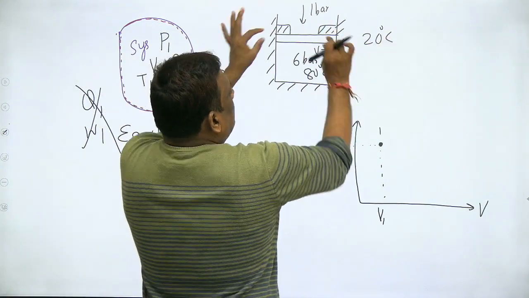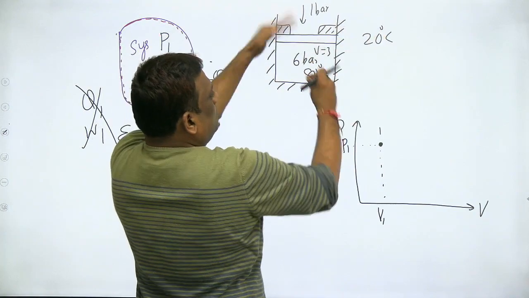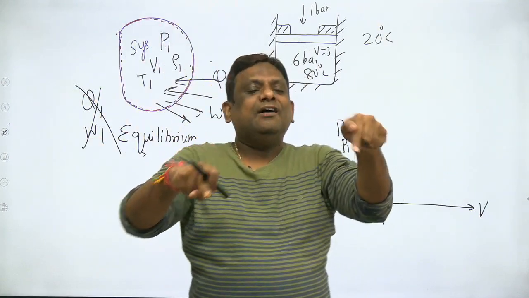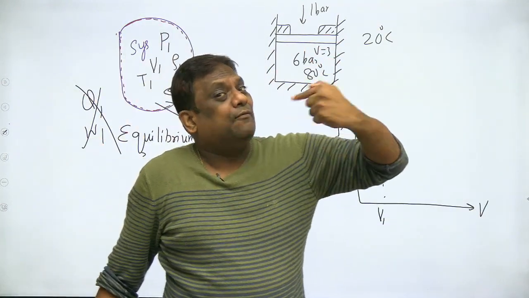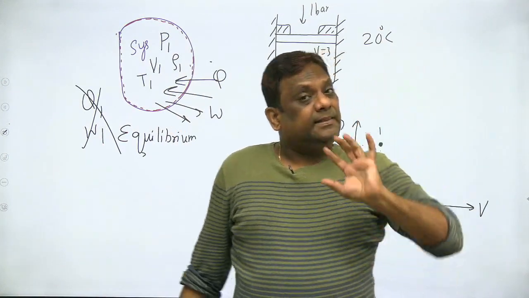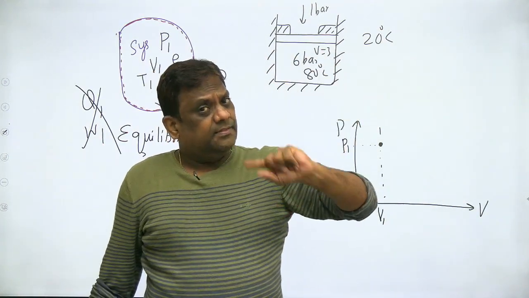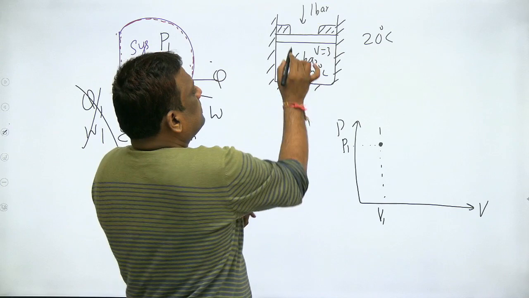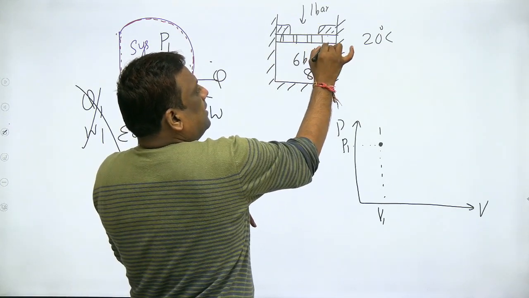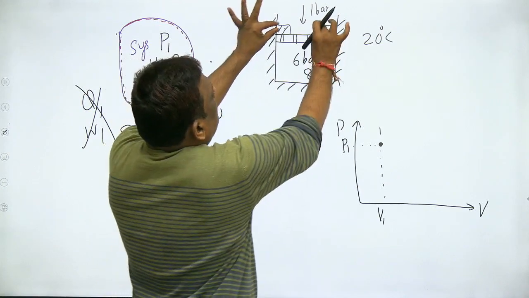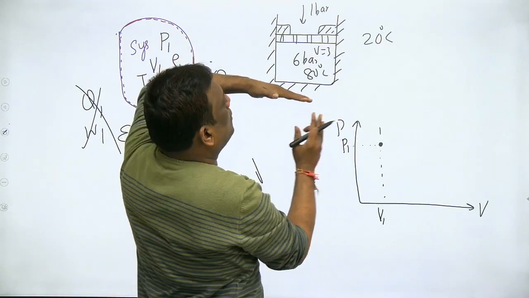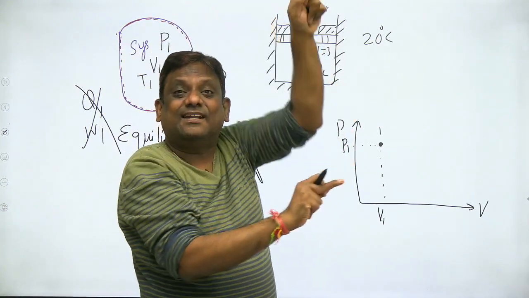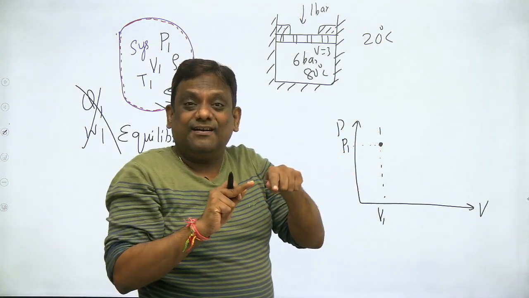Remove the insulation. Remove the stops. Now I use the words heat and work because the process has started. Whenever there is a process, only then you use the words heat and work. During the process there may be heat, there may be work, or both. For example, just remove the stops. Let us assume this piston to be non-conducting, meaning it is not allowing heat transfer. When you remove the stops, the process starts. Expansion process. Then my gas is raising weights, work is done. You use the word work only when it is crossing the boundary.